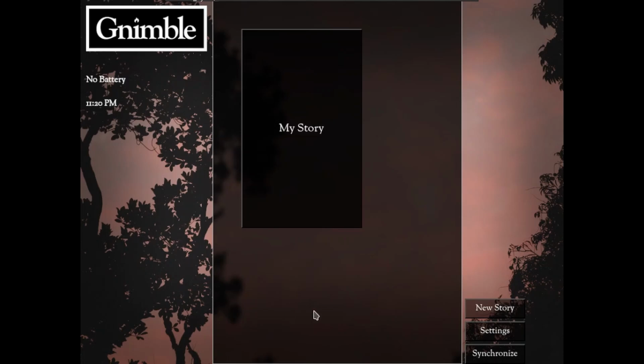So we've got a story menu right here. This represents all the different stories that you have created. Over here on the left, we have some information. If you're connected up to a Wi-Fi network, it's going to show it here. And this is obviously the time. Now, if you want to create a new story, you're going to go here, and it's going to provide you a list of,